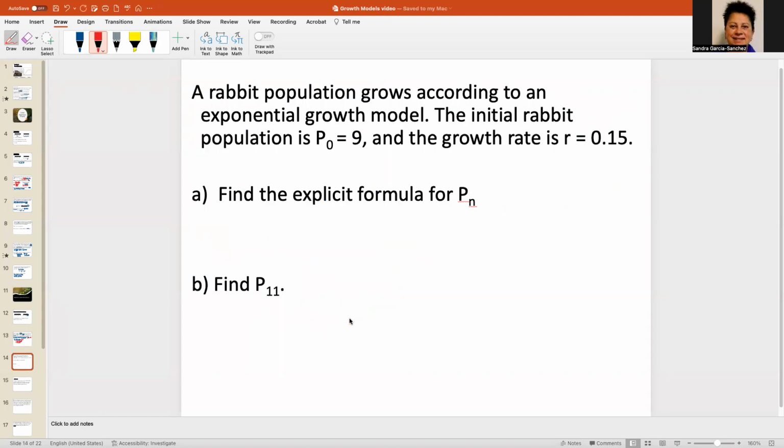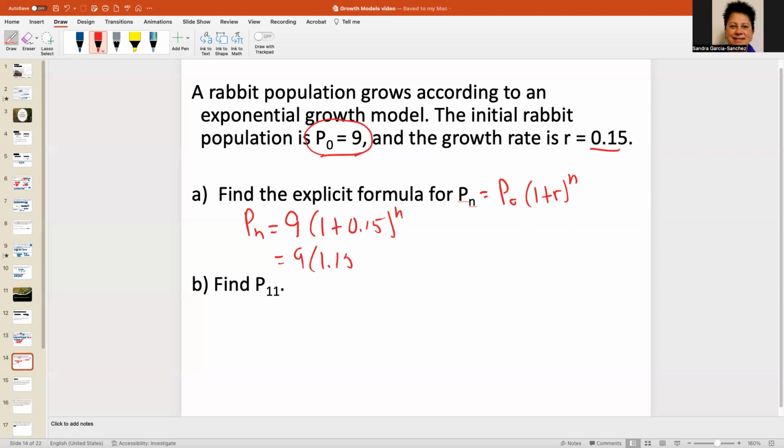Okay, here we have to find it. So we have the growth rate and we have P sub 0. Again, this is equal to P sub 0 times 1 plus R elevated to the n power. So the explicit formula is going to be P sub n equals P sub 0, which here is telling us it's 9, times 1 plus 0.15 to the n, which is 9 times 1.15 elevated to the n power. And that's what you're going to use to find P sub 11,